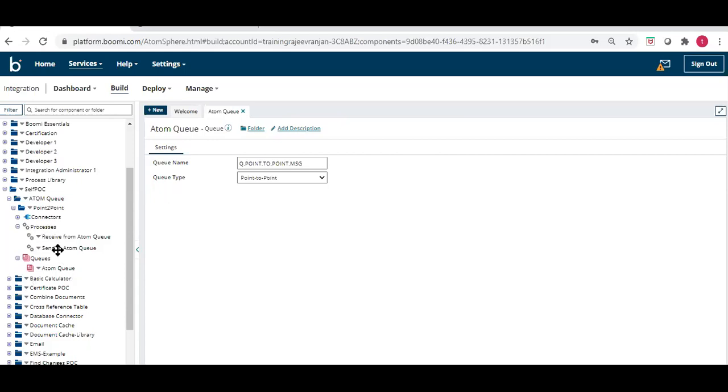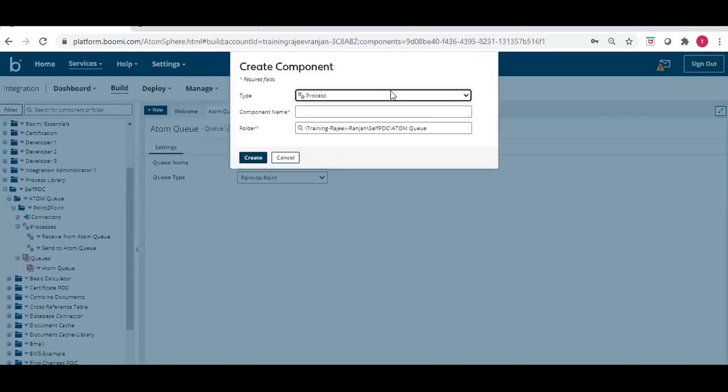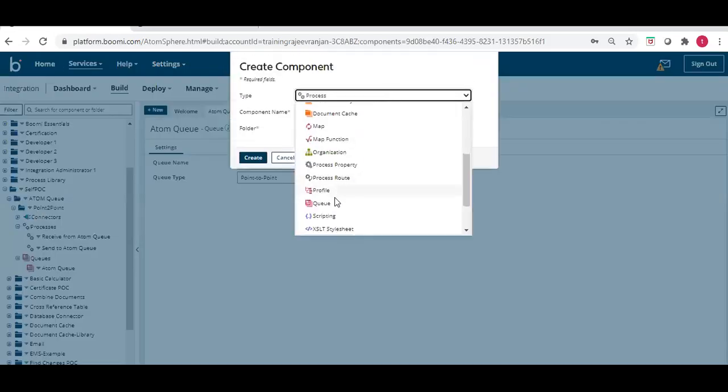To create it, go to New Component and select Queue. This is the type of component we are creating, and it is the queue component that the Atom Queue connector can use while receiving or sending.